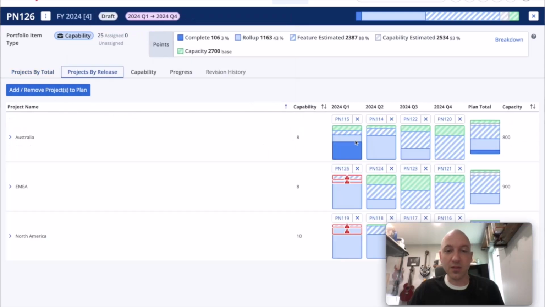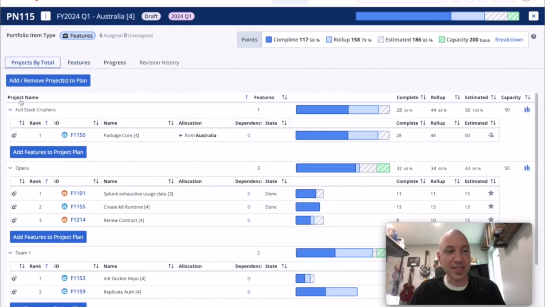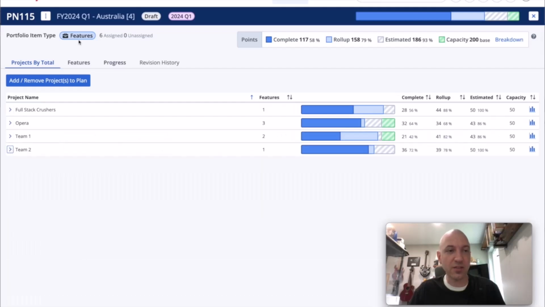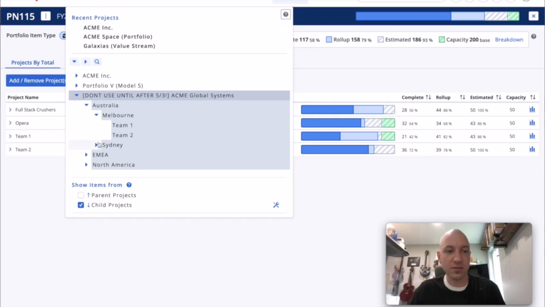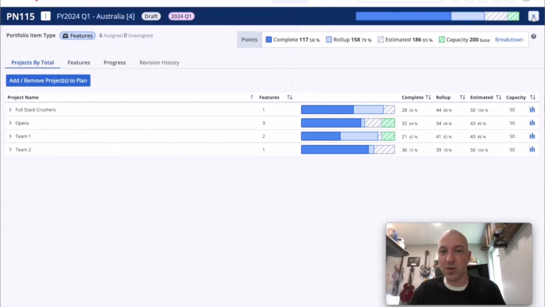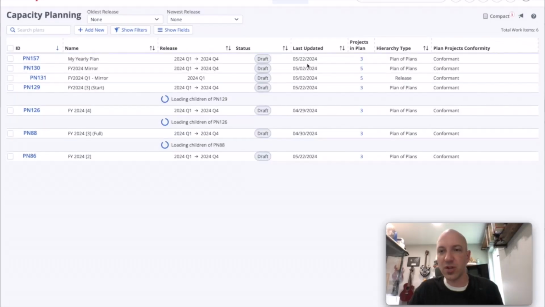When I look at the plans that are attached and I open one of those up, you're going to see that the projects inside of here are actual teams that are underneath the Australia geography. These are the teams doing the work. They're in my release plan. But as you saw, they roll up both in the hierarchy and the item type up to these geographies, these higher level projects. This is the roll-up. When we contrast that with mirror,